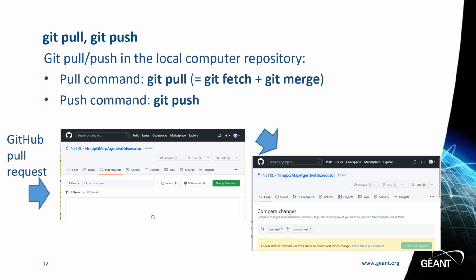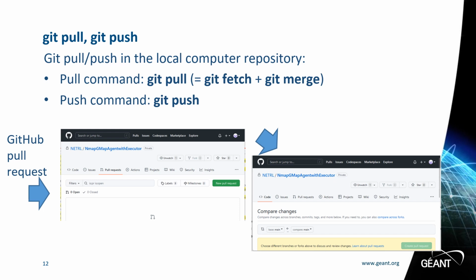This slide shows how to execute git pull/push commands in the local repository. The git pull command is the same as git fetch plus a git merge. Thus, the local repository gets the newest changes from the git branch and merges them with the existing changes. The git push command sends changes back to the branch that is created. Note that before you execute git push, you need to commit the changes in your repository. So you must do git add and git commit -c comment.